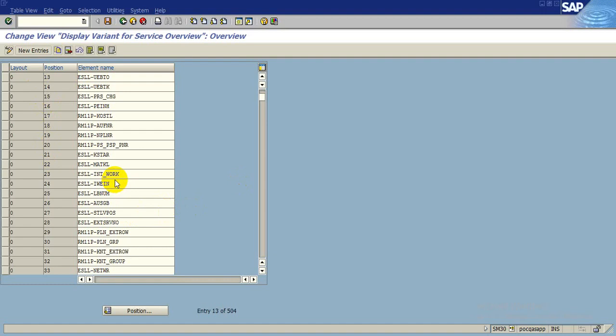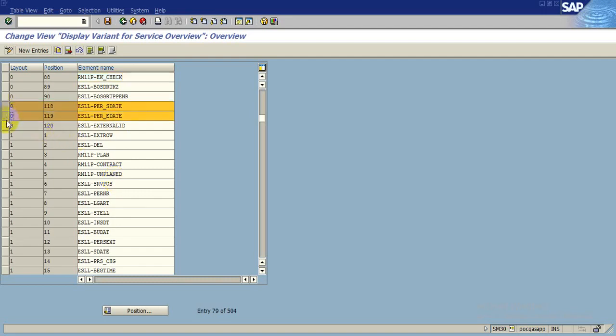If we go down, this is the zero layout, so there are 6 layouts. Since 12 data are to be removed, 6 into 2 is 12. So if we remove 18 and 19 from this table, from this layout 0011, then our purpose will be solved.